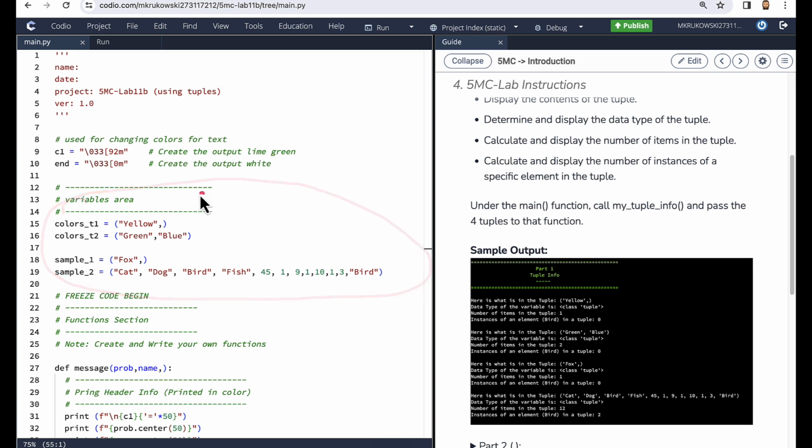Tuples, if you recall from the learn and code component, are set up in parentheses. This particular one looks a little bit weird. You'd expect some kind of error on that one, and actually we're not going to get an error because